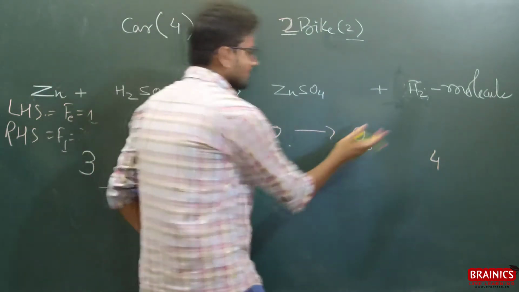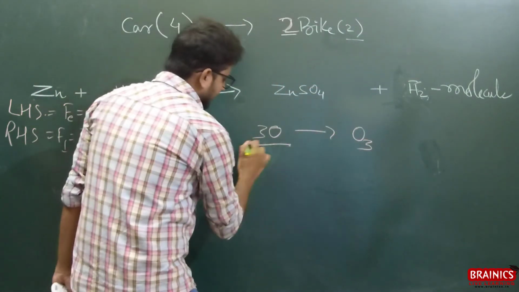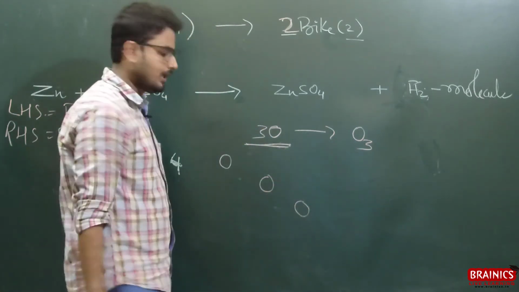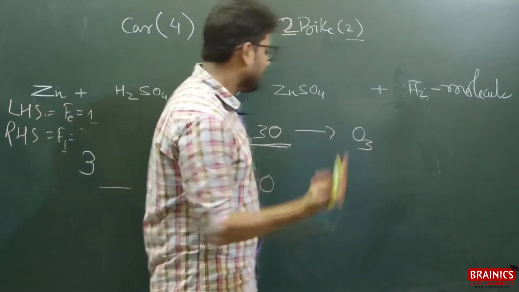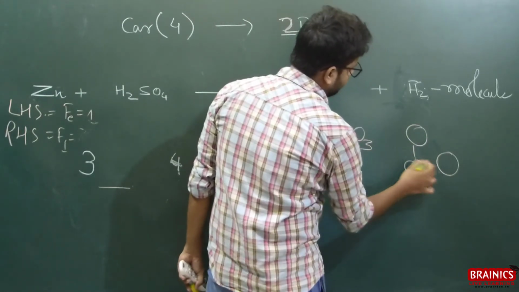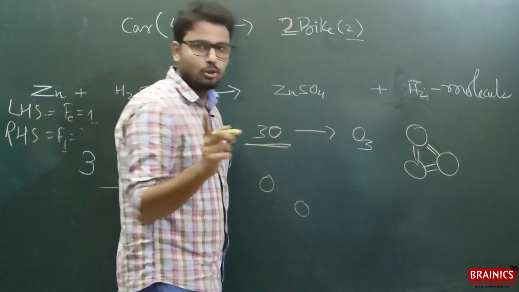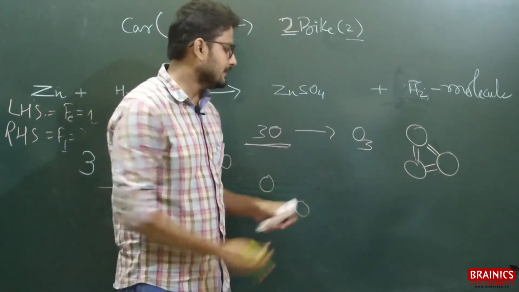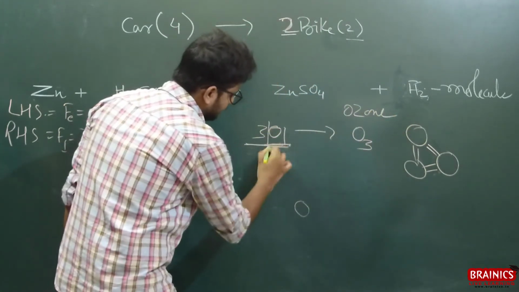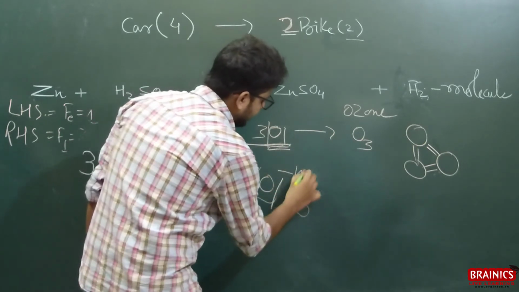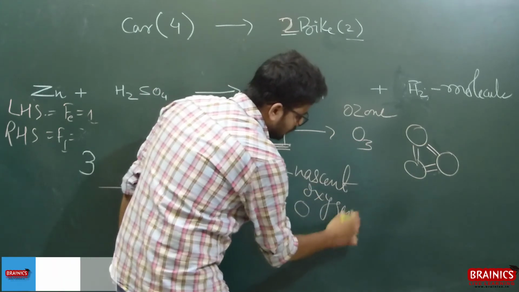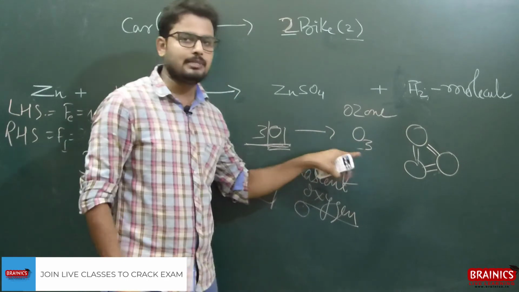Let's try to understand how. You are changing everything. If it is written O2, that means oxygen atoms that are separate. But if you say O3, you are talking about 3 oxygen atoms which are in bond. This is ozone, and the single oxygen is called nascent oxygen. So that's what I'm trying to say: you cannot put any number below the symbol.